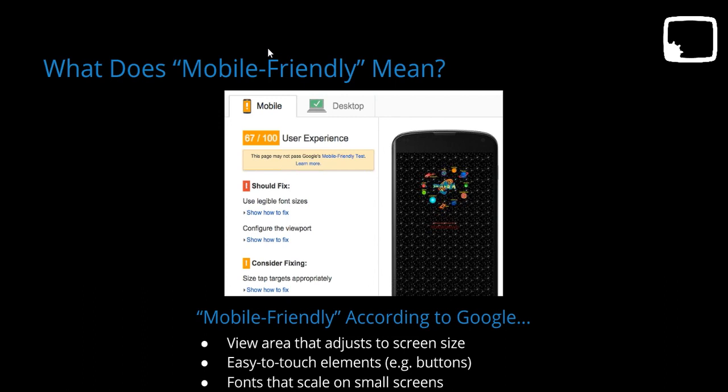You want the fonts to actually blow up on the smaller screen so that they're larger and make it easier for the user to read through, versus having to squint at their phone or zoom in with their fingers to bring the screen up to size. So, being that this is what we need to have a mobile-friendly website, let's look at some of the options